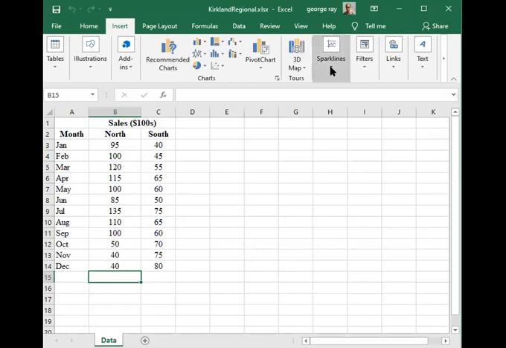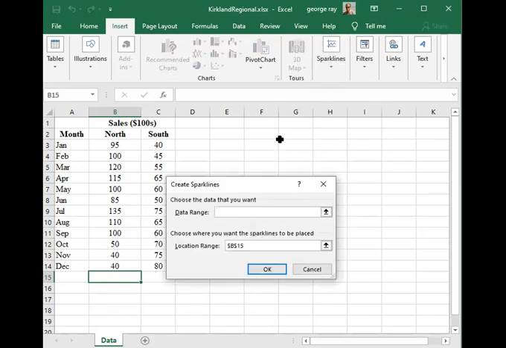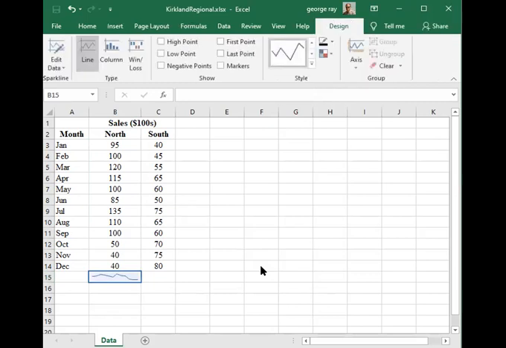Here, I'm going to go over to the collection called Sparklines. I'll click that, and I'm going to put in a line chart. So the data range I want is going to be B3 through B14, and I want the sparkline to be placed in B15. So I'll go ahead and click that. And now we see our trend line in cell